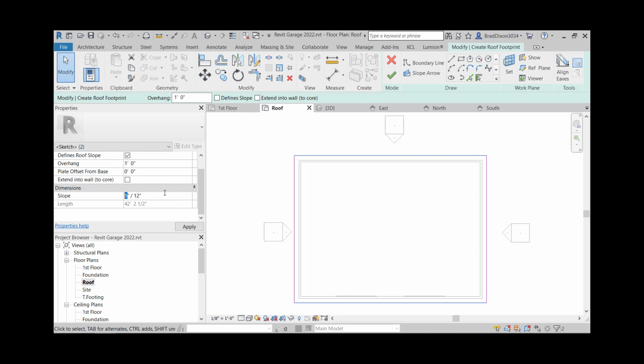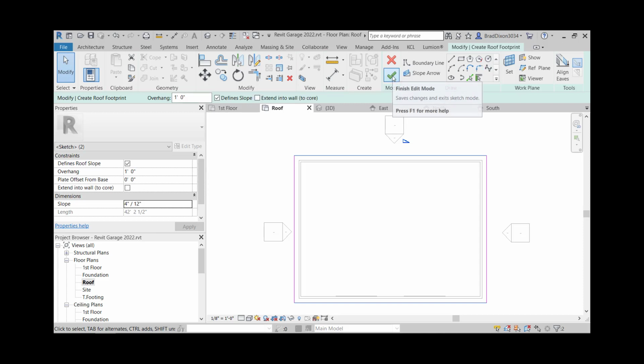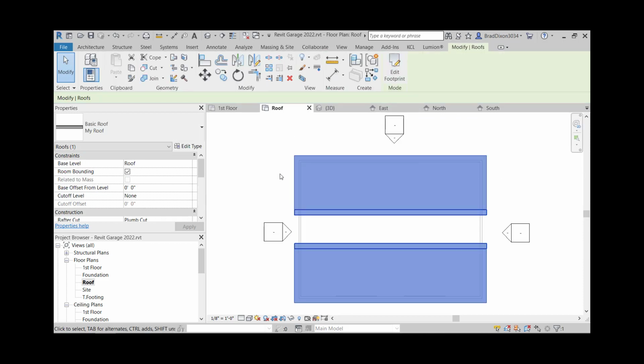And the project criteria says a 4:12 roof pitch, so I'm going to change that 9 to a 4. So for every 12 inches of horizontal run, there are 4 inches of vertical rise for that roof. And I'm going to come down here and let's see if there's anything else I can select in here. I'm going to go ahead and say finish, and